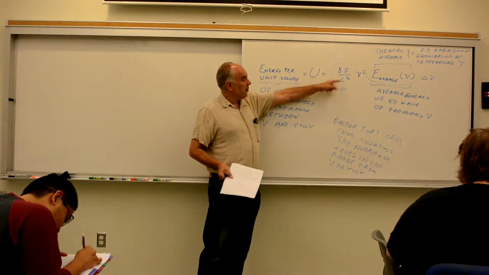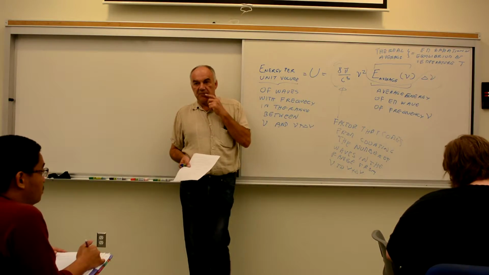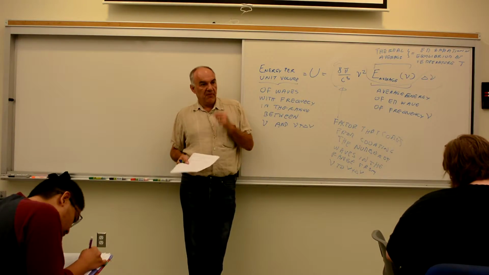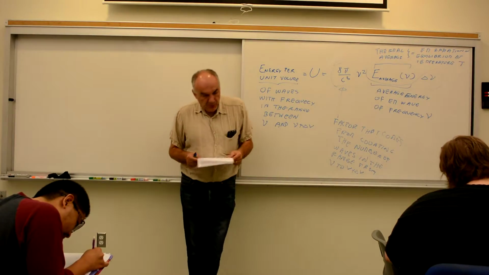It's actually 4 pi over c cubed, and 2 is for the two polarization states that the electromagnetic wave can have. Okay. Now,